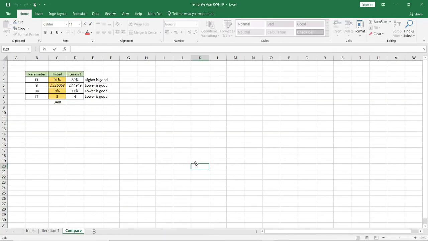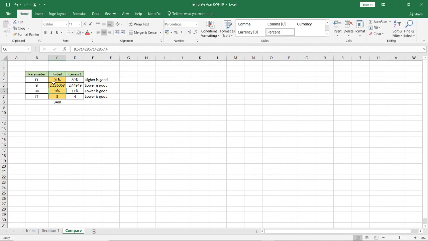And this is the last section for the Gilbert heuristic method. You must compare the initial and the other iterations. For example, in this method I use one iteration, just one, and we must compare it with the initial.